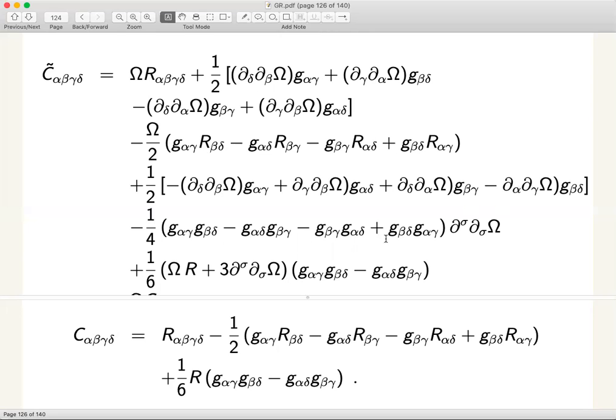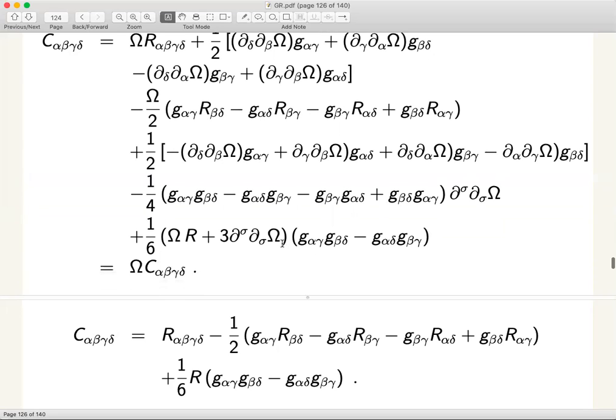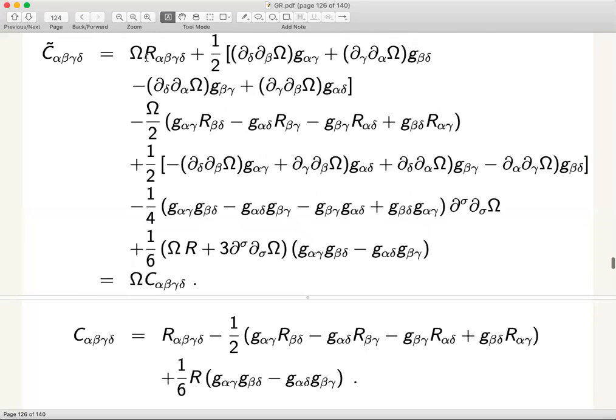Effectively you should land up with an expression in which all these derivatives acting on omega get totally weeded out, and whatever remains is the Riemann tensor here, a metric times the Ricci tensor here, and metric squared times the Ricci scalar here, with a factor of omega. So that is the property. But as I said, this object being conformally invariant is what we wanted to show. But what we actually wanted to show was that